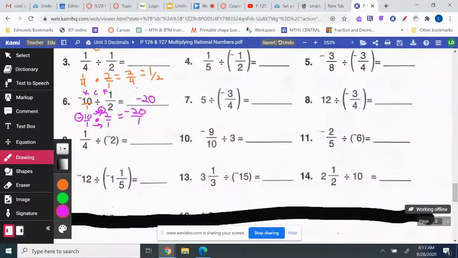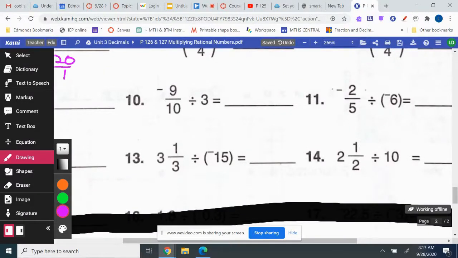One more example. Let's do number 13. I have to put this into an improper fraction first. I'm going to multiply, and I'm going to add, and then I'm going to keep, change, flip. And we're going to put this over 1, so you know what to do. Here we go. Multiply and then add. 3 times 3 is 9 plus 1 is 10. And that goes over 3. I'm going to change this to multiplication, and then I'm going to flip this. And so it's going to be negative